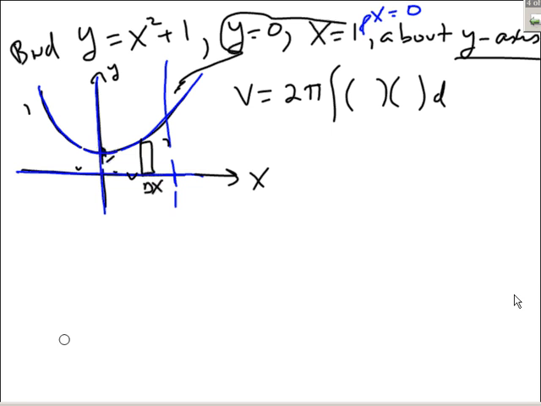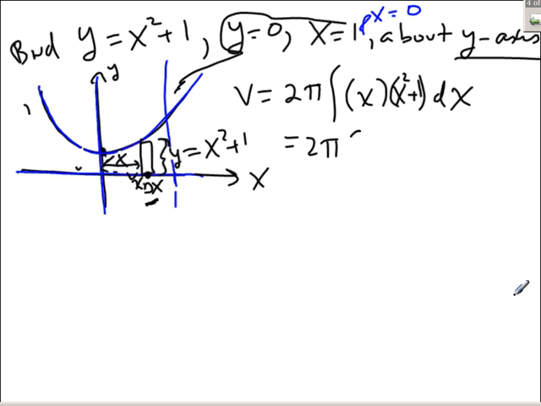So now we have to find the radius and the volume. We know it's dx. Now, the radius is this distance. This piece is put at some x. That distance is just x. And the height is this distance right here, which is y, also known as x squared plus 1. So in here goes x squared plus 1